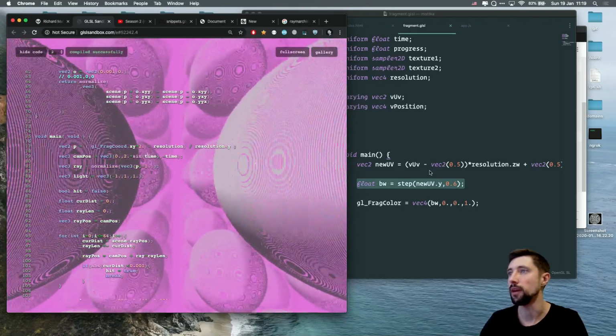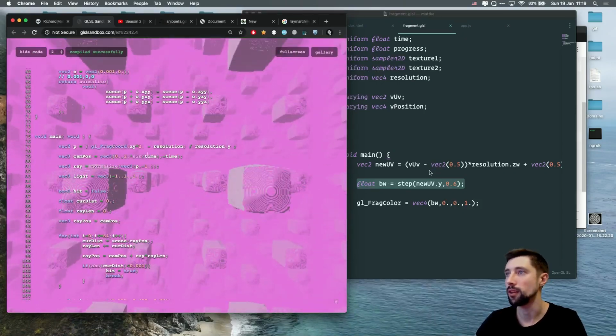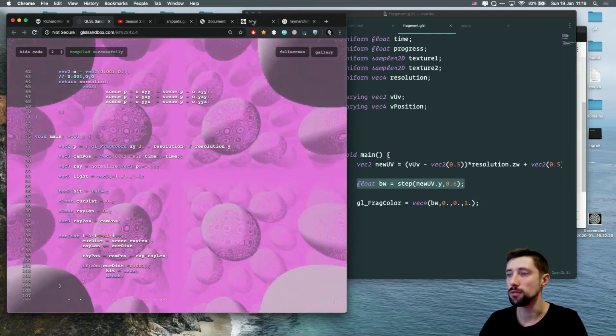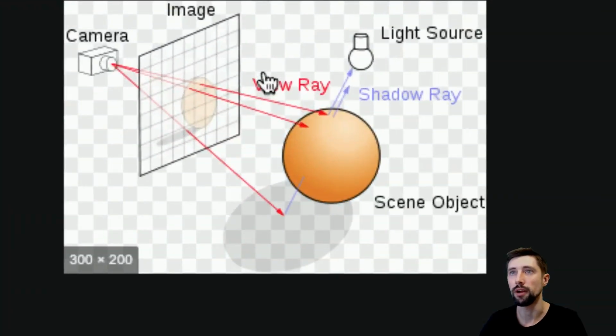So first of all, I think I will need to set some camera, and I will need to set some ray. So if you saw this on this image, on this preview,